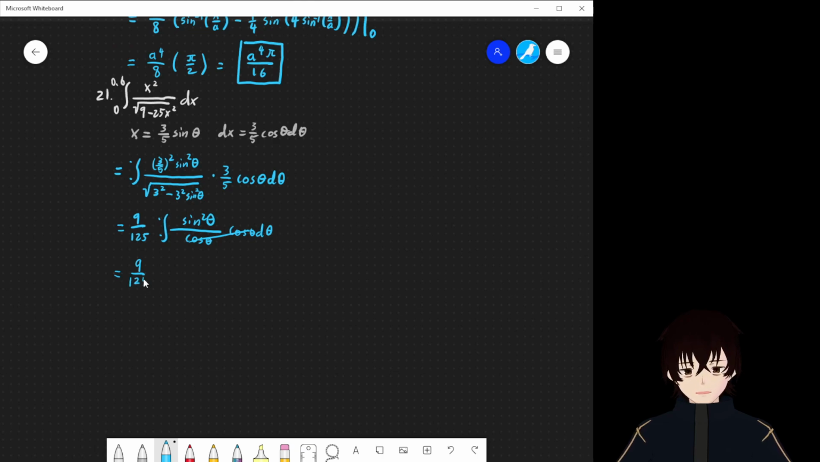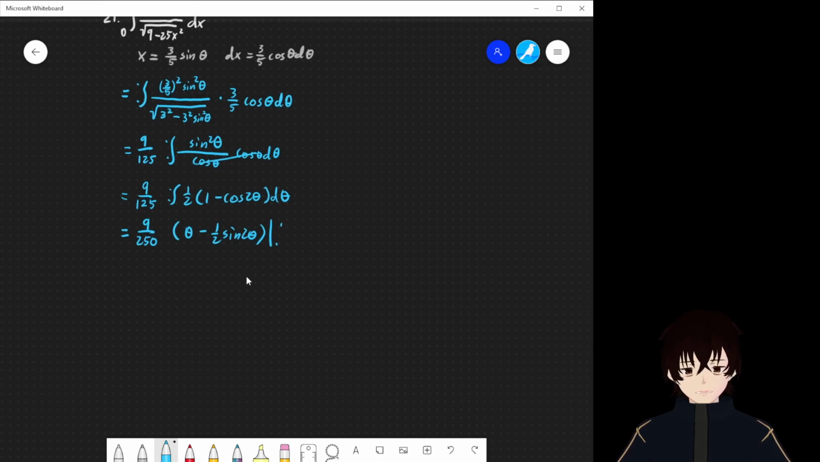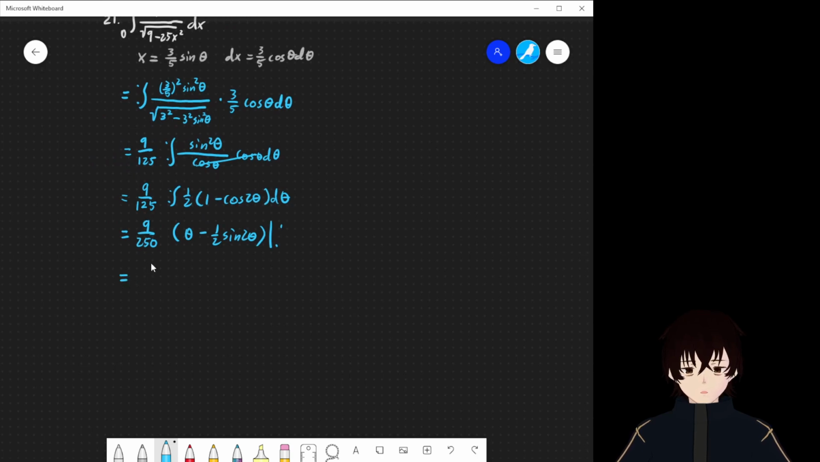Anyways, 9 over 125 times the integral of 1/2 times 1 minus cosine of 2 theta d theta, which is equal to 9 over 250 times theta minus 1/2 sine of 2 theta. And we want that from somewhere to somewhere, which is equal to 9 over 250 times